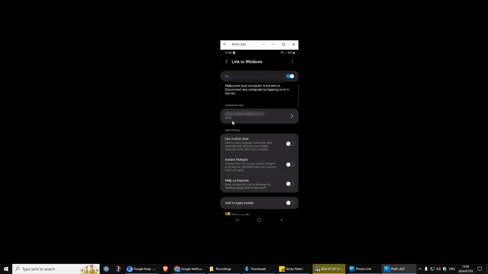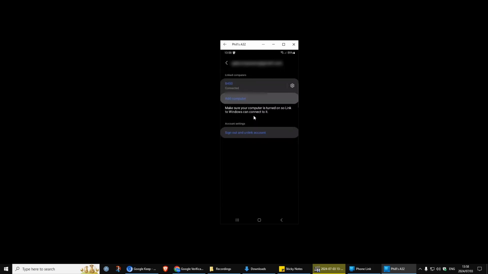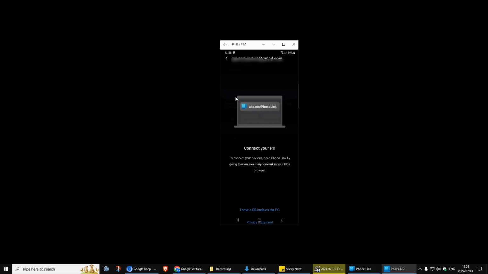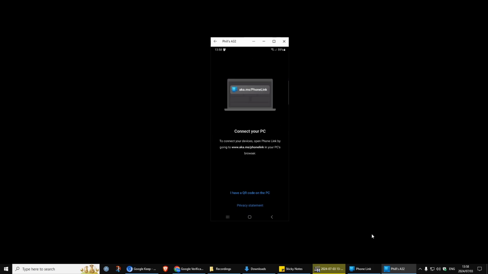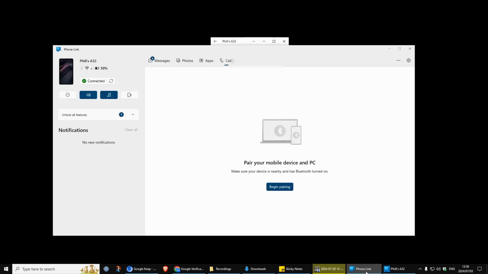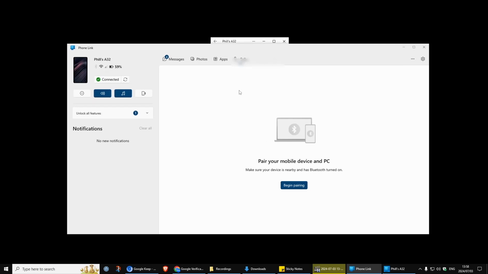So this is my computer. B450 is my computer's name. Click on that or add or whatever. And then I'm connected there on my computer, but if you want to add your computer device, add computer, put this link into a browser, and this will actually open the PhoneLink app, and then you just follow the prompts